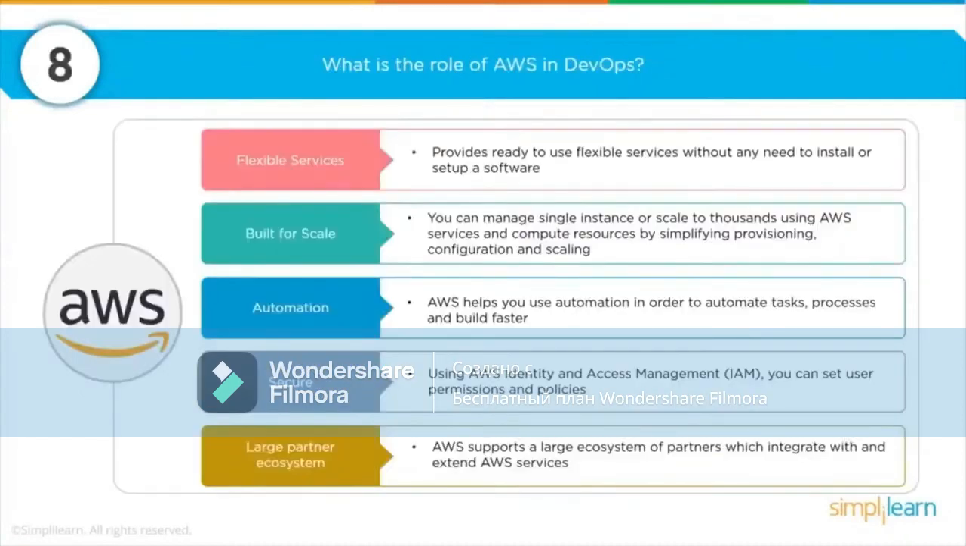So when the question comes up, what is the role of AWS in DevOps? You want to really hold out your hand and list off 5 areas of focus using your thumb and fingers. So you want to have flexible services, built for scale, automation, secure, and a large partner ecosystem. And having those 5 areas will really help demonstrate why you believe that AWS and other cloud providers, but AWS is certainly the leader in this space, are great for providing support for the